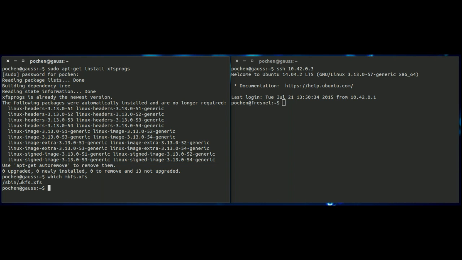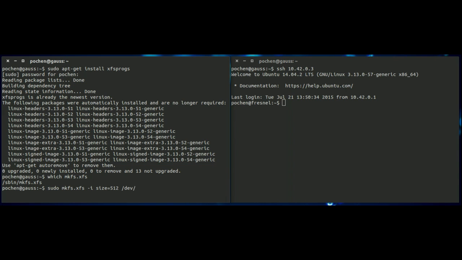So the first thing that we're going to do is to format my hard disk using mkfs.xfs. What I'm going to do is sudo mkfs.xfs -i size=512. And then my disk. On a Linux operating system, how do we actually manage and format hard disks? We'll talk about those issues in a separate video. But for now, let's just